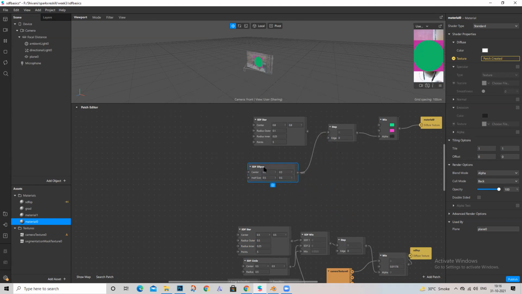This is like very basic first thing that you will learn about SDFs, which is about the SDF shapes. So मैंने 4 shapes दिखा दिए. हमने उसको step के साथ connect किया है. उसको mix में डाला है and उसको material से connect किया. Mix basic. So now if I maybe want the SDF to be on the edge, so you can do this. Edge में जाके connect कर दो.